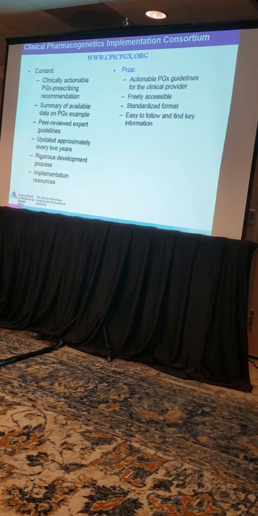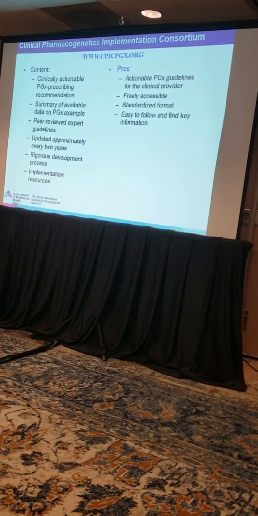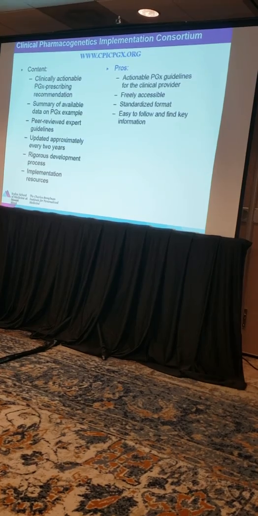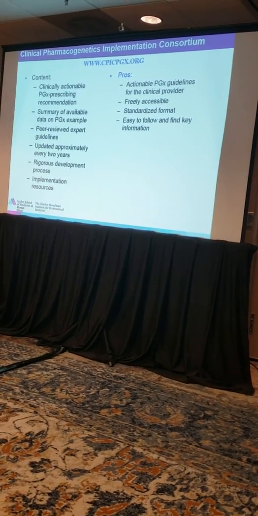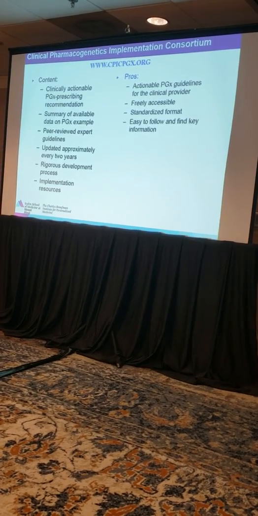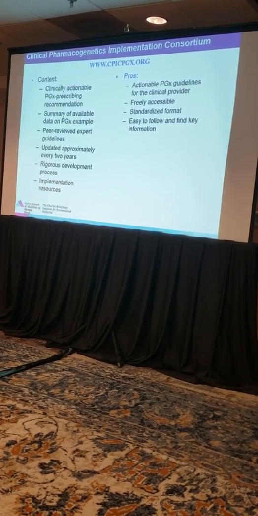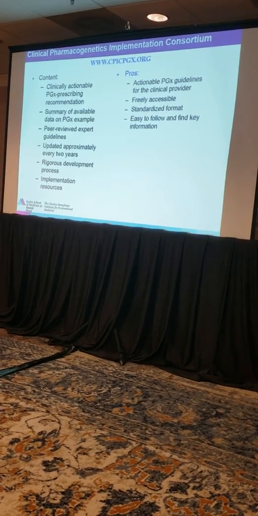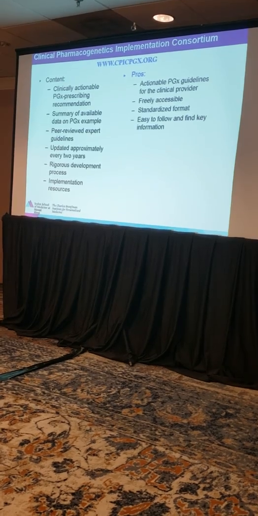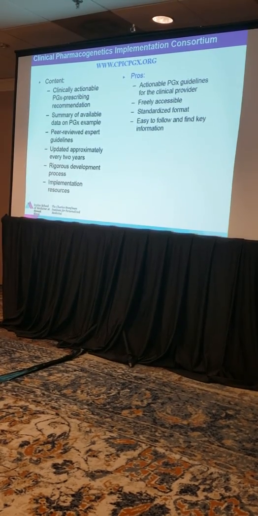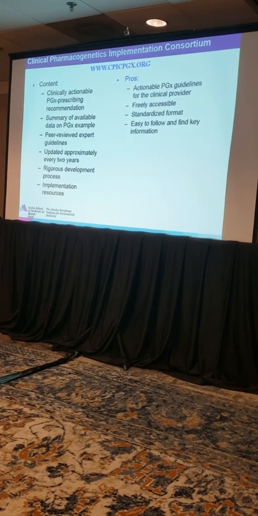So actionable information is freely accessible. There's a standardized format that all the guidelines come in. So once you're familiar with one guideline, you'll know how to navigate all the other ones. For instance, if you're looking for clinical recommendations, they're always table 2 in the guidelines. So every table 2 is the clinical information. Every table 1 is the breakdown of genotype, phenotype, and frequencies. So we kept the standardized format so that it's easy to follow and you can find key information